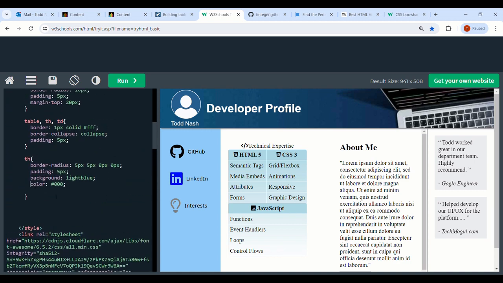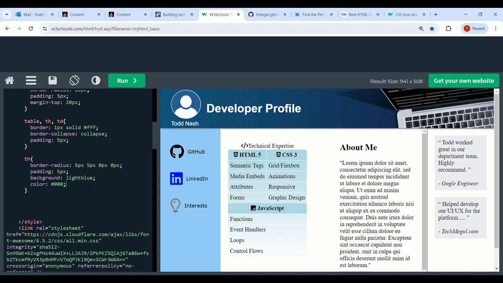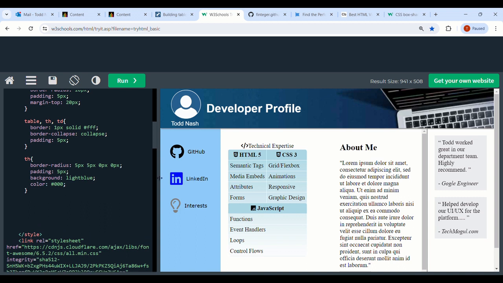Okay, so we're done with the headers, and of course you have your own creative control. So if you're dealing with other projects, you could really have anything you want as far as the colors. I'm just going to leave it at that just to make it simple. Okay. All right, so the next part of this is